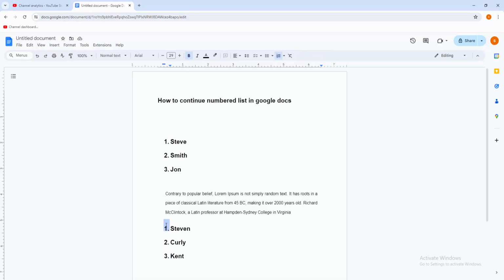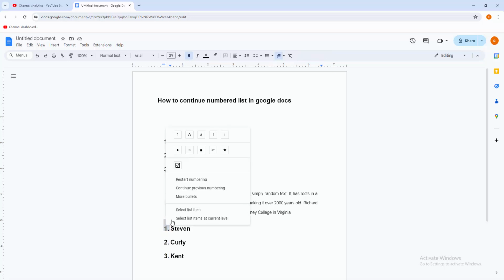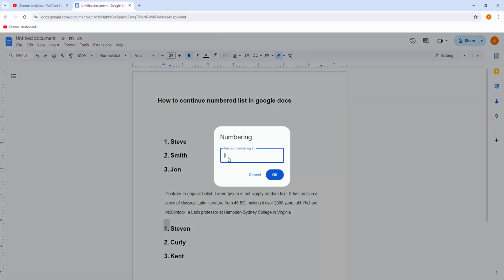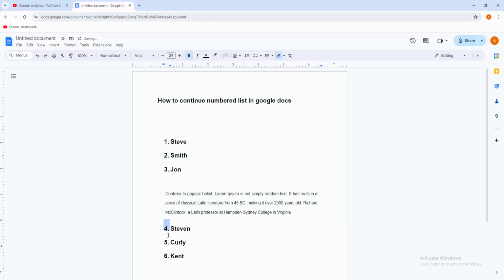Now right click on this number. Now you can see here a restart numbering option. Now my next number is 4. Now press OK. Now you can see I continued the numbered list 1, 2, 3, 4, 5, 6 numbered list in